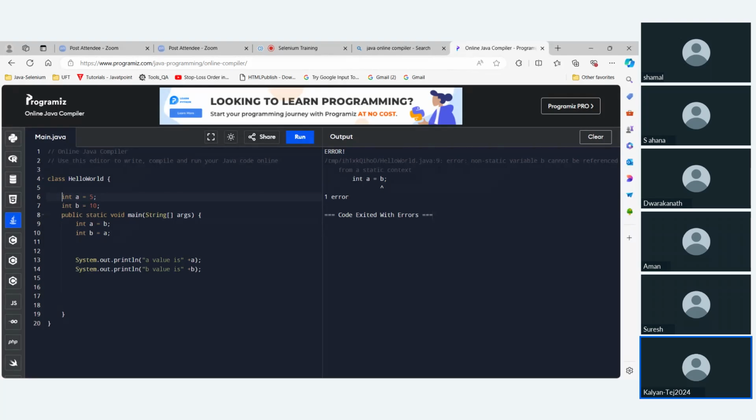If you want to swap the two numbers without using the third variable, the compiler will get confused because the logic here is incorrect.